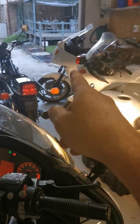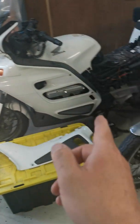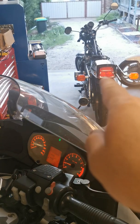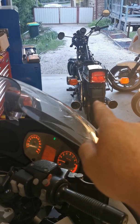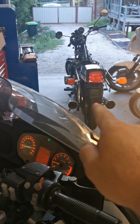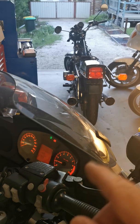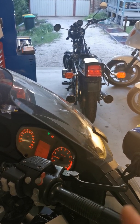So VIP New South Wales, general duties for the Yamaha, general duties for the BMW, general duties for the 1979 Kawasaki Z1000 Mark II A3A, sorry, so I'll try that again. 1979 Kawasaki Z1000 Mark II